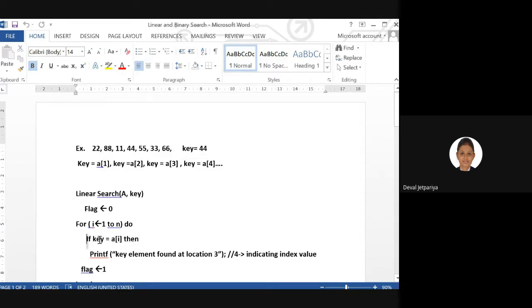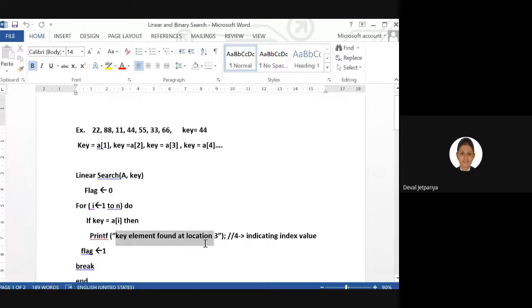If at any place we find the match, we print that the key element is found at a particular location. After that we change the value of flag, and once we are done with that change, we break out of that loop.